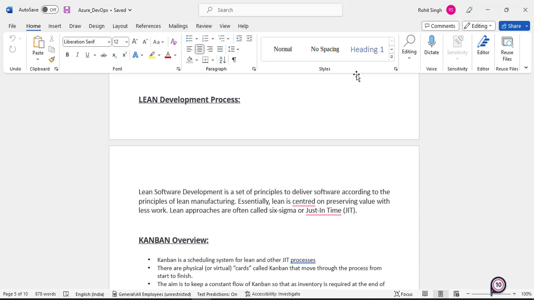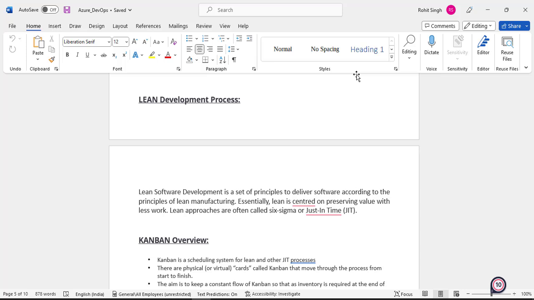This way, whatever they have started at the day, when the day starts, they took 35 cars. When the day ends, they are able to complete that backlog. Okay, so that is called just in time. Okay, and this complete process, the whiteboard, what they are following, this complete process is known as lean manufacturing process.